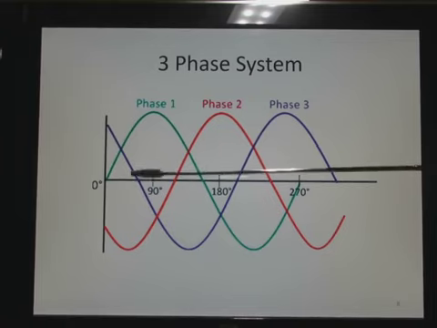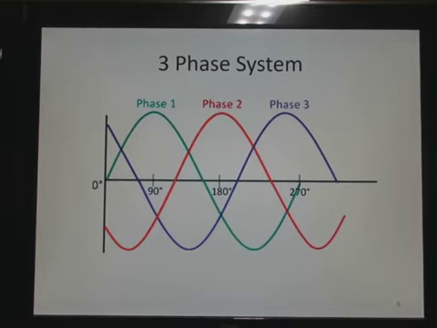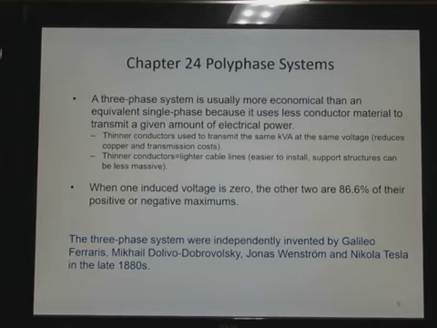Here is the result of our generator, of the AC generation. We have three phases generated 120 degrees apart. A three-phase system delivers power to the grid. It's very efficient. We can use lighter weight cables, and the support for that will be lower cost. The three-phase system provides smooth operation to allow a large motor to start easily. Because when one of the signals is at 0, the other two are 87% of their positive